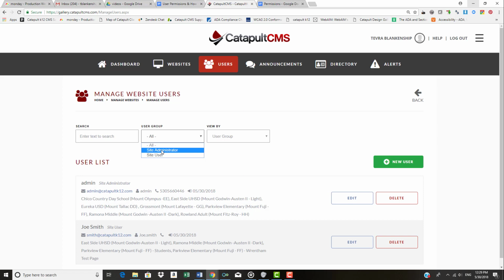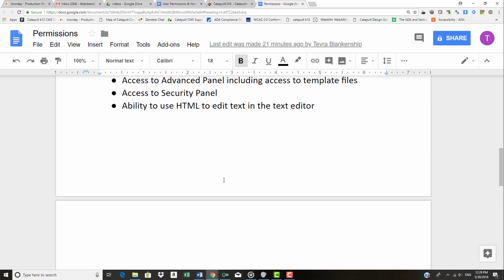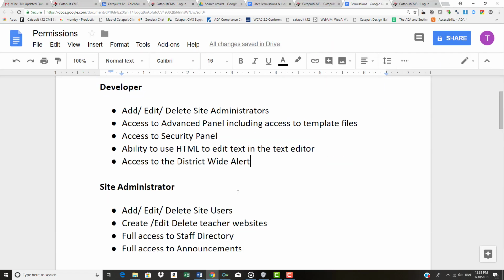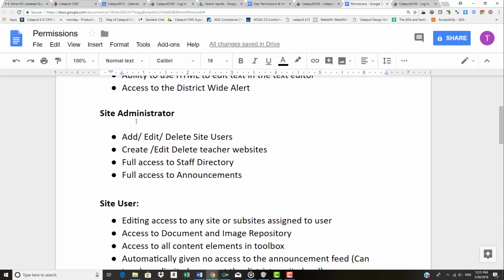Before we discuss how to add and edit users, let's talk about permissions. Developers have all access to advanced features, including HTML5. They can also access the district-wide alert system and add both site users and administrators to the system. No one but Catapult members can add developers, so if you need someone upgraded to developer, you'll need to ask